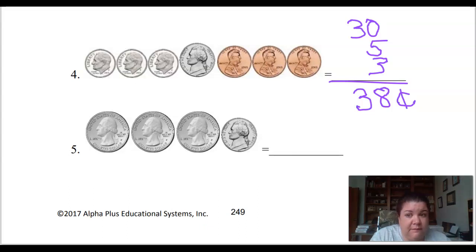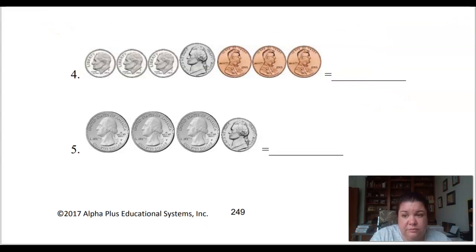Yeah. All right, do the next one on your own. 3/4 and a nickel. What is that? Pause the video and figure that out. Okay, so I know that 3/4 is 75 cents because that's something I have memorized. So 3/4 is 75 cents. So I have 75